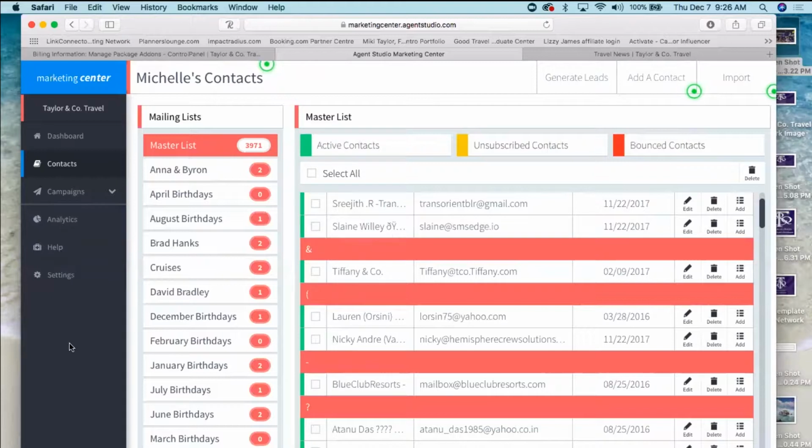Once you have your contacts in the Marketing Center, then as well as receiving the weekend travel, you are able to create your own campaigns. So if you click on Create New,